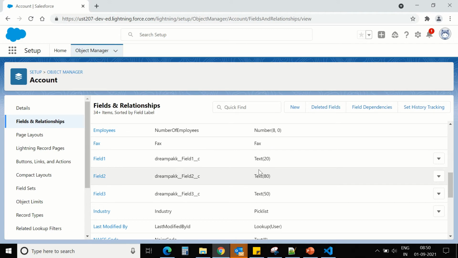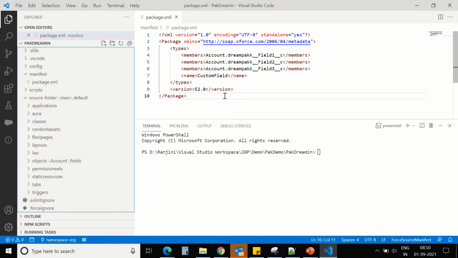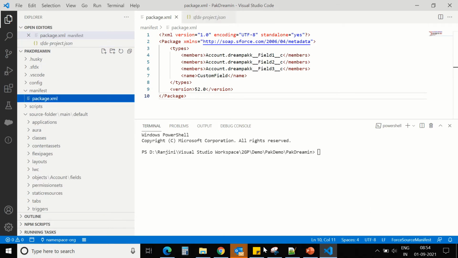Before the actual package creation, I just wanted to show you 3 fields that I have created in order to include in the package. I have also updated the package XML with these 3 fields as I am planning to add them into the package that we are going to create. Let's create the package.